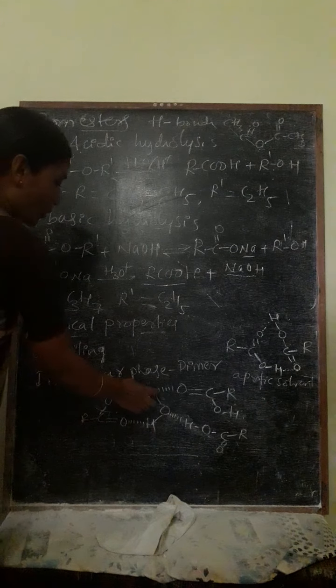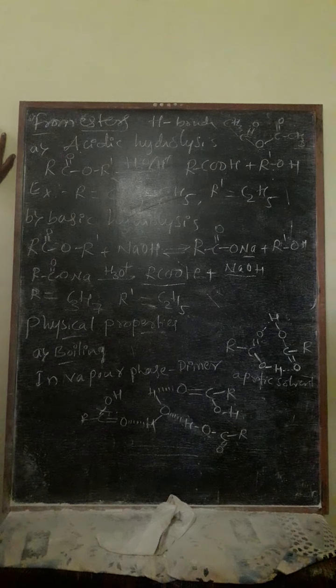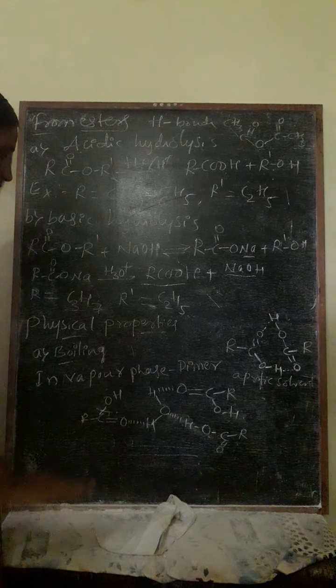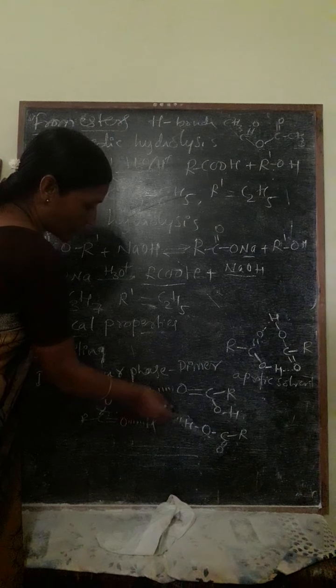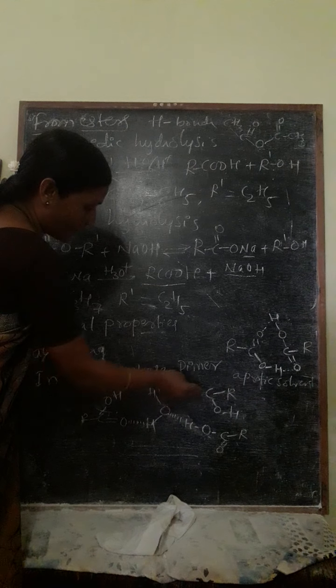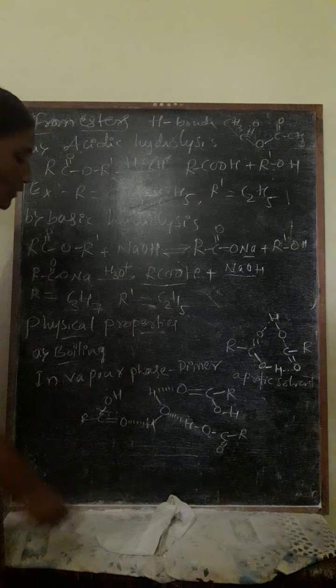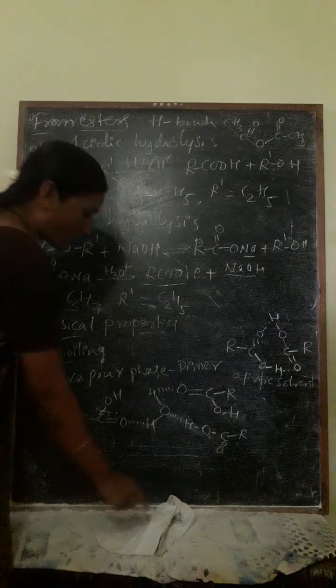This is due to hydrogen bonding. If molecular mass increases, definitely you can say that the solubility also decreases. But in general, what happens? The breaking of bonds takes place easily when carboxylic acids are added to water, due to the formation of hydrogen bonding between the carboxylic acid and water molecules.